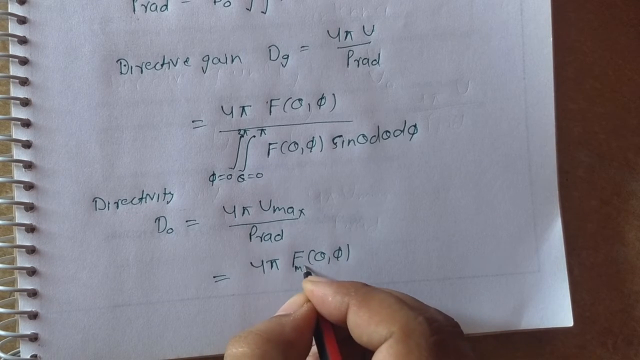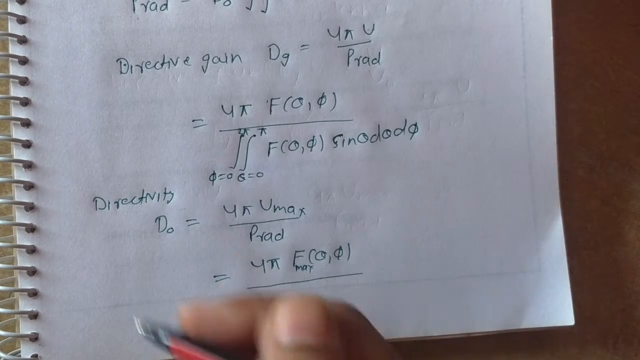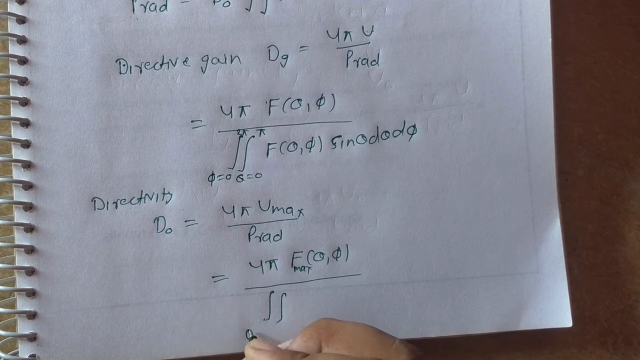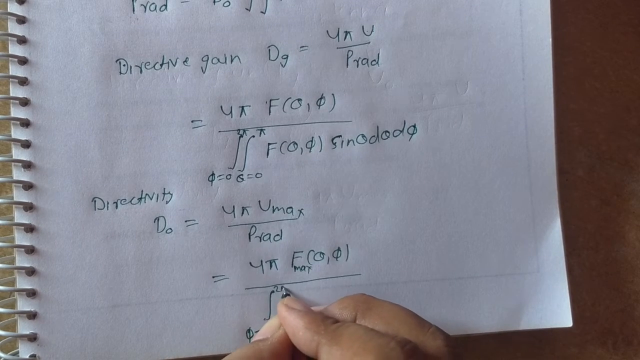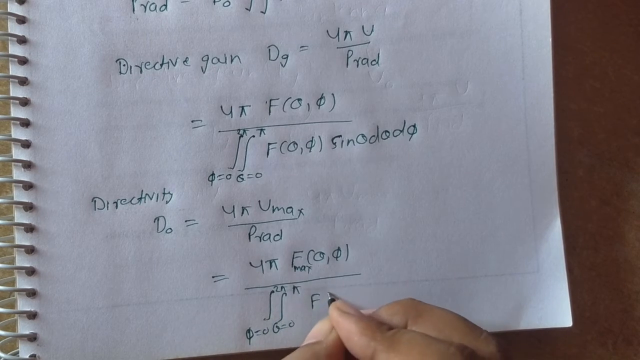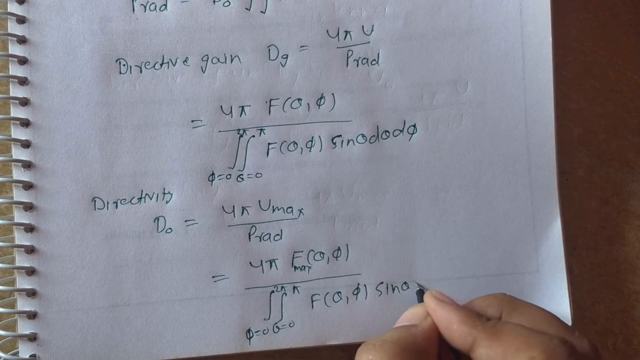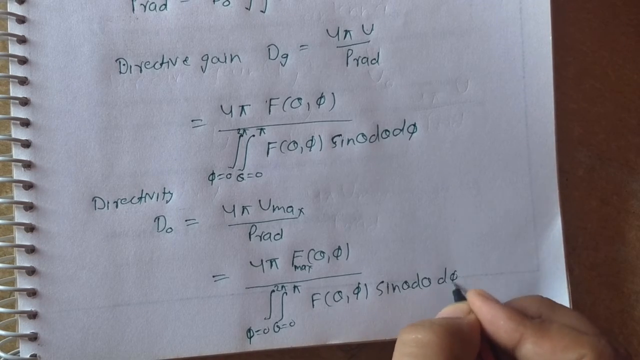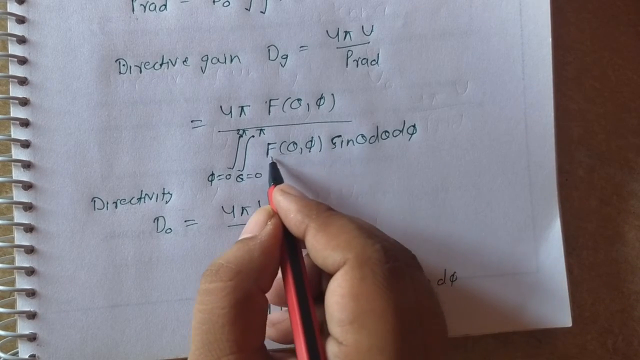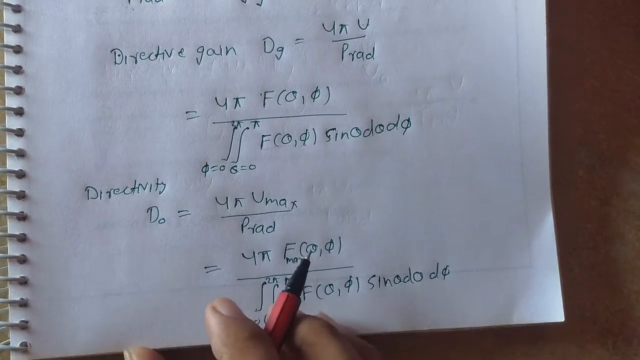Yeah, you can write it as F max. For U max, F max, and B naught will be cancelled out again. Double integral, phi from 0 to 2 pi and theta from 0 to pi, F(theta, phi) sin theta d theta d phi. And you can see here, to normalize this value we have to divide this function by its maximum value. So what we will do here,